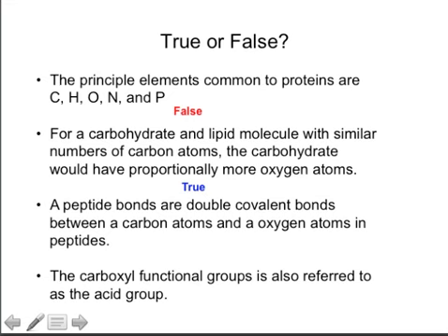Next question. A peptide bond is a double covalent bond between carbon atoms and oxygen in peptides. The answer to that is false. Okay, a peptide bond is a single covalent bond between a carbonyl carbon and an amino group. We drew an example of the peptide bond earlier. Next question. The carboxyl group